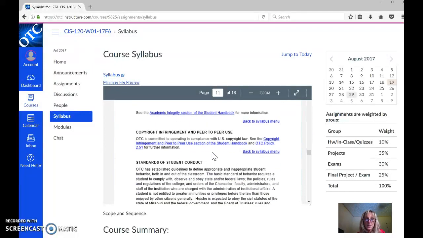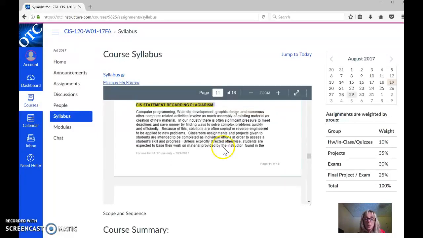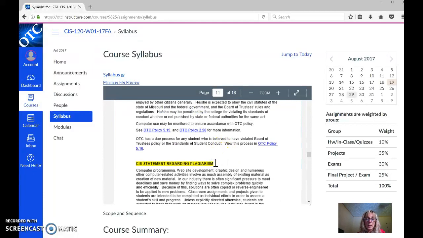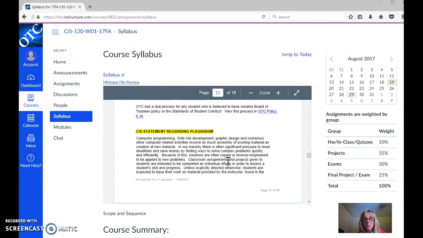This is a big one for me, academic integrity. I don't take plagiarism lightly. Everybody writes code in a very different way, so if you copy someone's code, I can tell you for sure that I will be able to determine that, because everybody's code is very specific and unique to them, just like a writing style. It's okay to go out and Google. It's okay to work with each other. Maybe you're working with